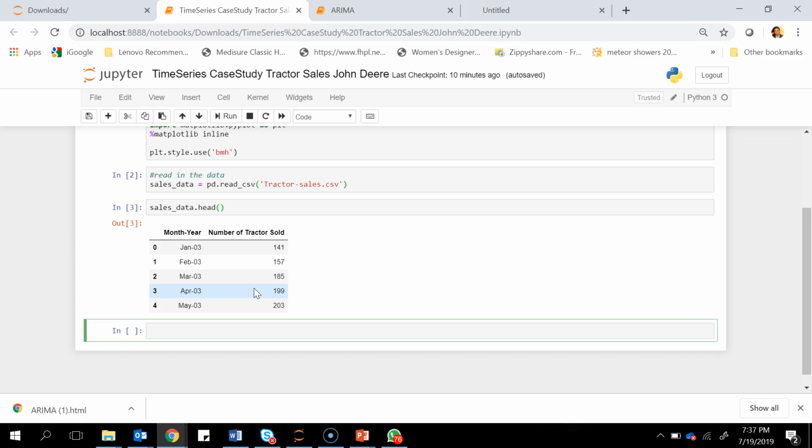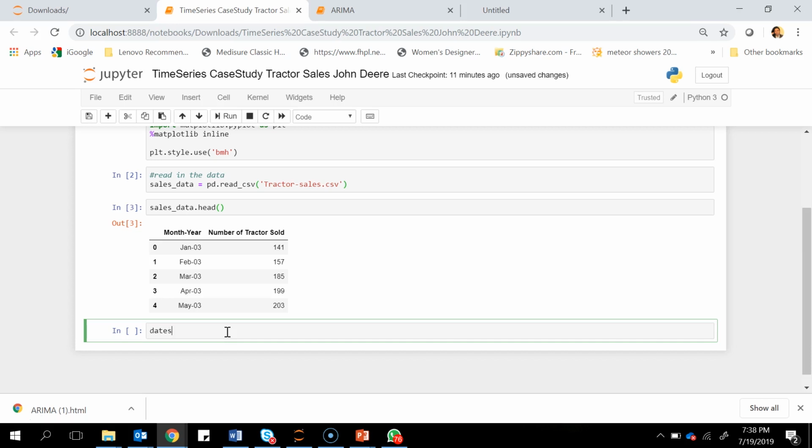So let's do some data pre-processing here, to make sure that we are getting things correct. The idea behind doing this data pre-processing is that we need to convert the data into a time-based format, into a temporal format. So what we'll do is we will consider that we got this data on the 1st of January 2003, then 1st of February 2003, and we'll put that as an index in our data. The next thing is to break down the date into individual components, right? So let's start working with that.